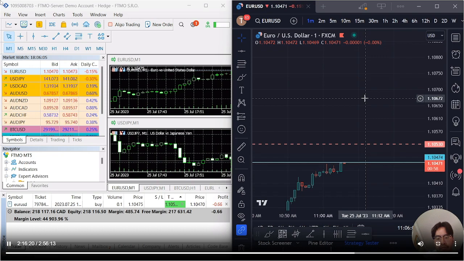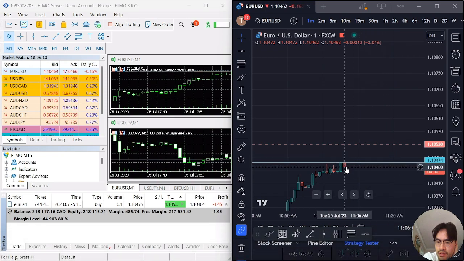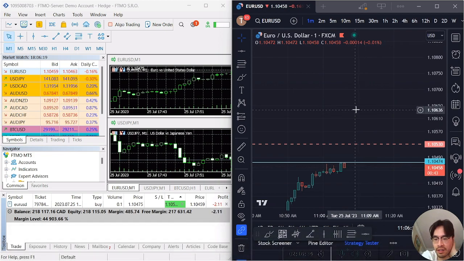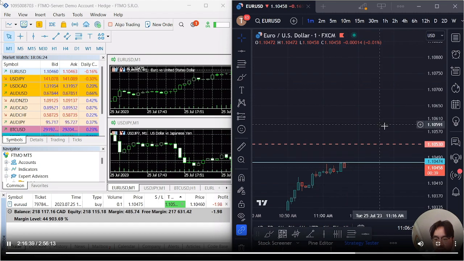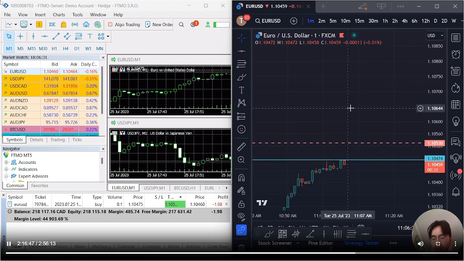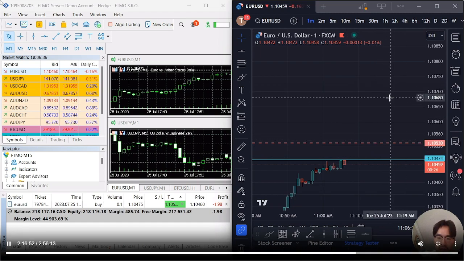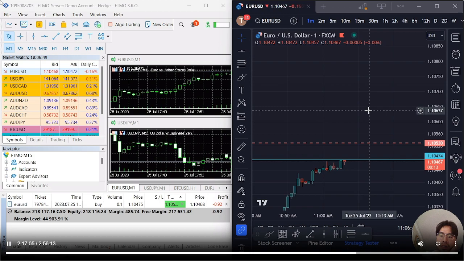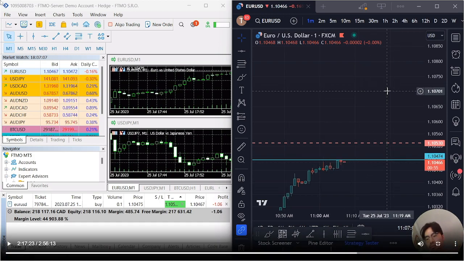Any moment now. I feel like the level I entered actually became a level of resistance or something. Unfortunately, I thought it was support. It looked like support right at the beginning. It actually became resistance. Very, very close. So that's what I'm saying. It's already 11:06 a.m. It does not have time to go all the way to 1.06 something or 1.07 something, which is what we predicted here. Even 1.06 doesn't really fly here. There's no time.